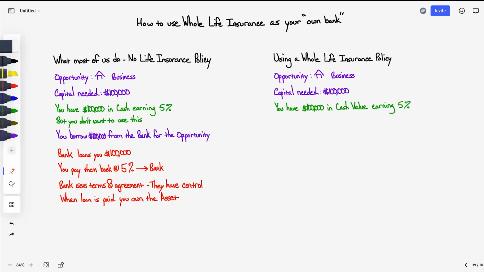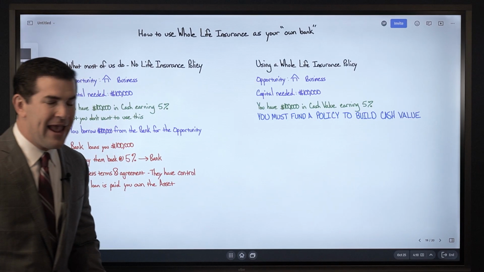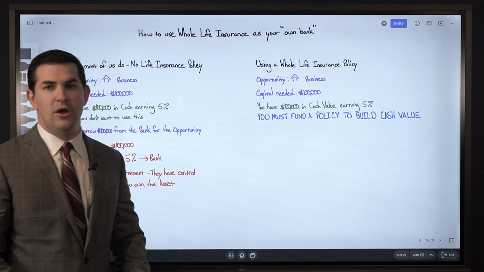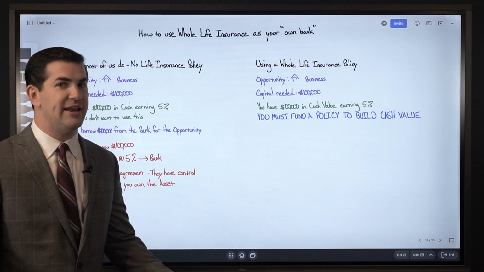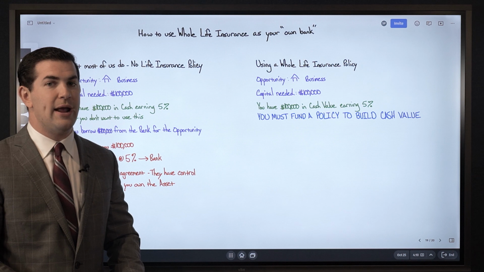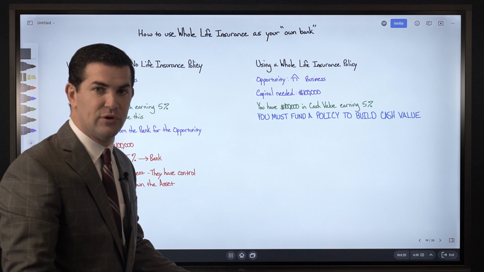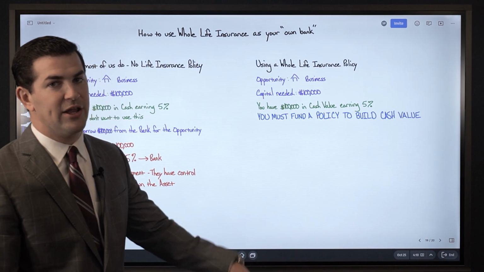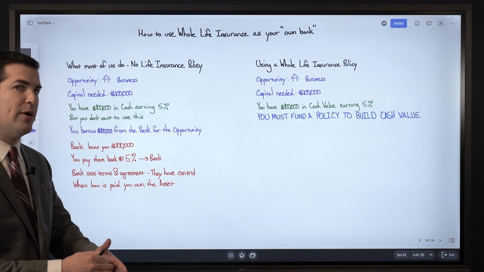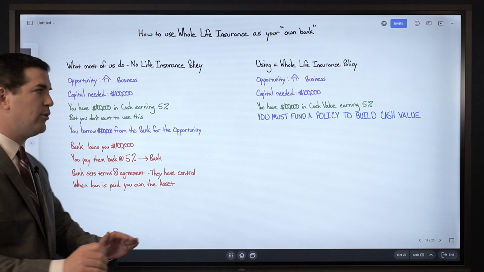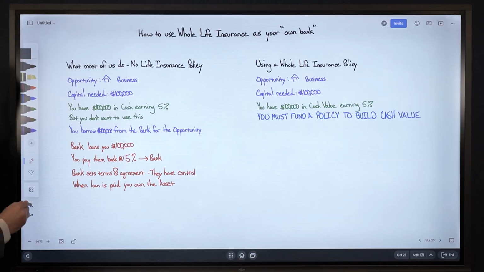Very important side note here. In order to have $100,000 in cash value, or any amount of money in cash value, we do need to fund a policy in order to build up that value. Meaning I cannot start a policy today with $100 and then borrow against the death benefit. That is not possible. When I am using a policy as my own bank, or like a personal line of credit, it all has to do with the cash value. That's the gauge that determines how much you can borrow against your policy, the cash value. Again, we'll look at an example in a little bit.